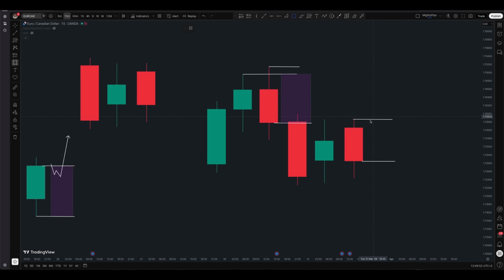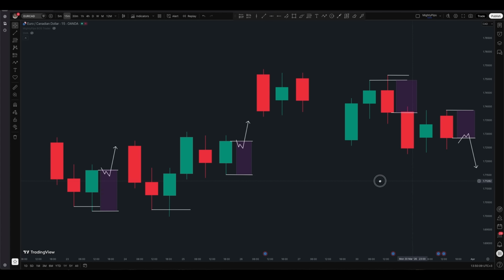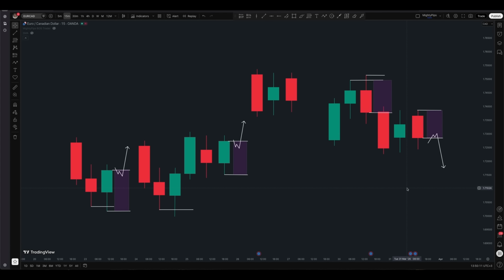So it would look something like this. Put your zone here, and then you look for your entries on the 5-minute chart. Just wait for the market to pull back inside here, and then you trade that continuation going down. So guys, those are the candlestick formations that give you the highest probability setups for you to trade the one candlestick strategy. I hope this is going to give you a very, very good ability to find these setups much